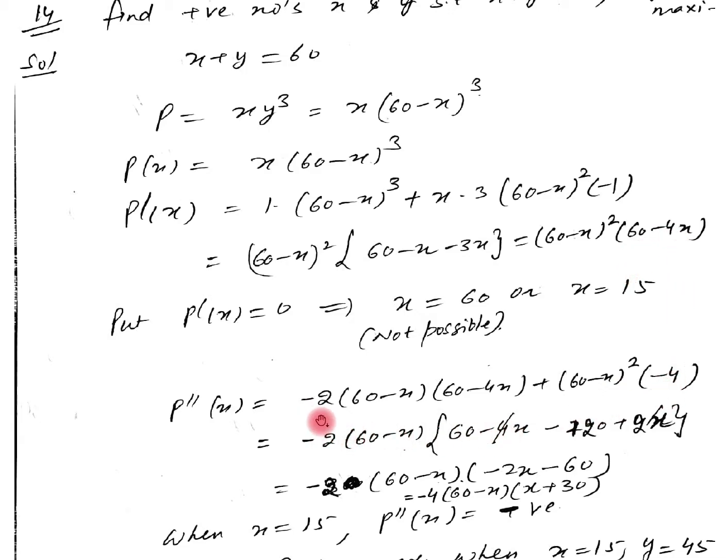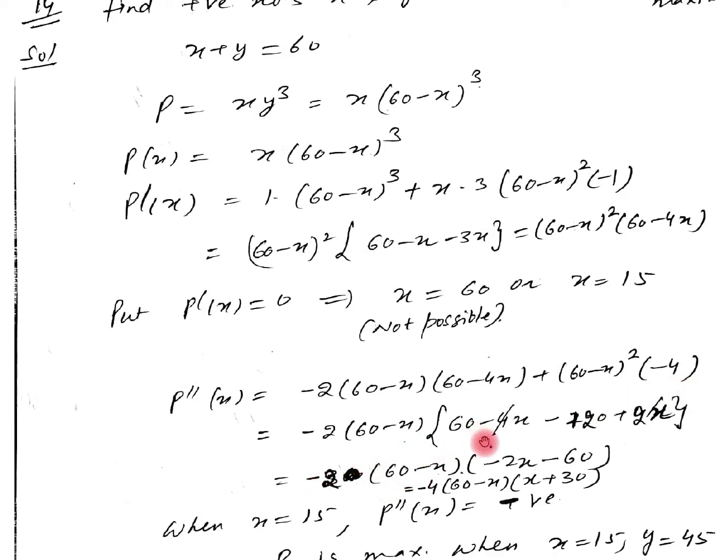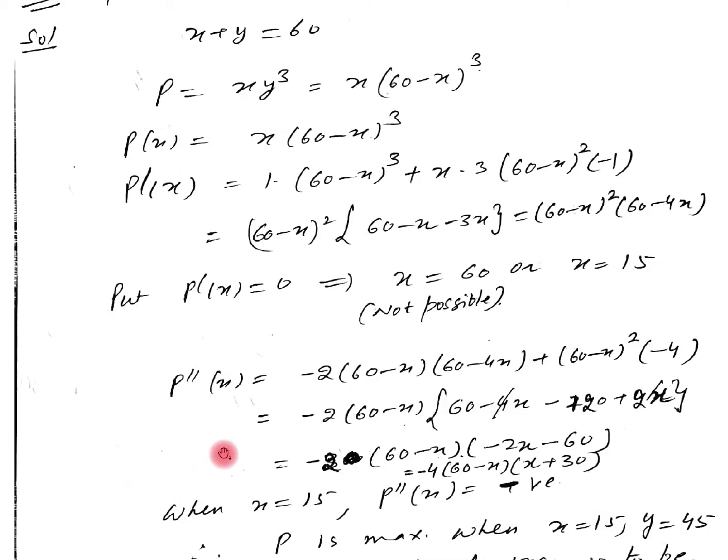There is some mistake in the calculation. You should correct it. This minus 2 should be here also, because this is the first, minus 2 into (60 minus x), this function as it is. Then first function as it is, the derivative of this is minus 4. Simplifying, minus 2 into (60 minus x), (60 minus 4x) we have taken common, and here we have taken minus 2 common, so therefore the sign should be plus. Make this correction here. Then we are getting the second derivative as minus 4 into (60 minus x) into